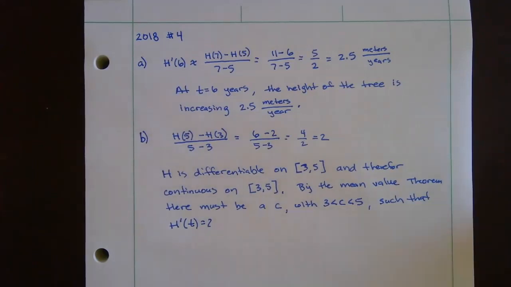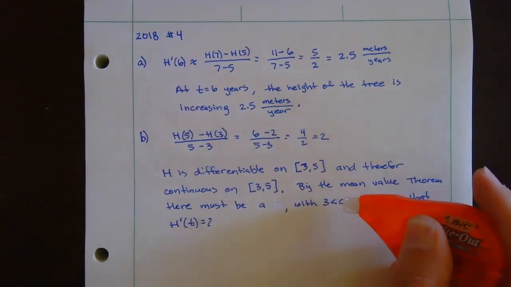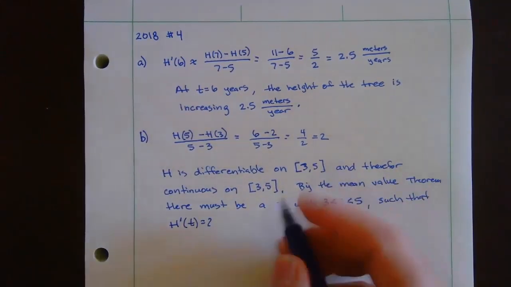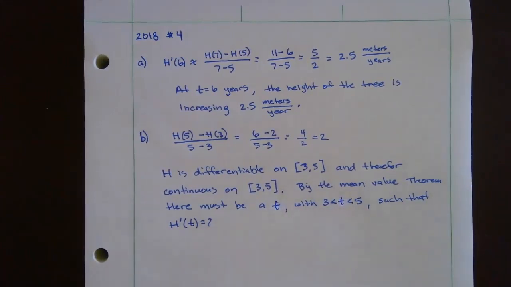Let me change this. Instead of calling this C, let's call it t. Okay, there must be a t with 3 less than t less than 5 such that h prime of t